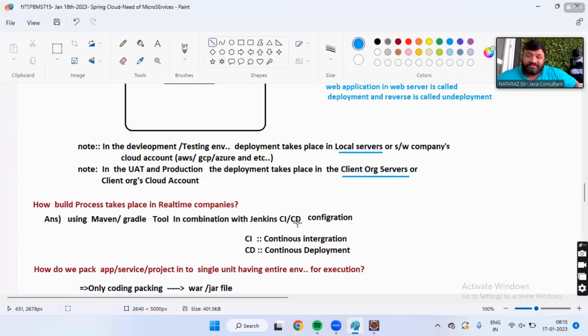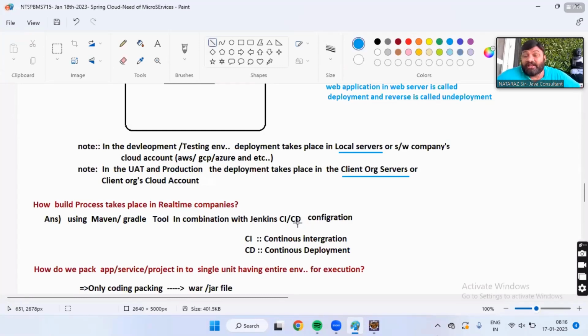Before the arrival of Jenkins, only Maven or Gradle was used for the build process, because it's all about getting the WAR file. But that should happen for every change in the source code, for every test on the source code.